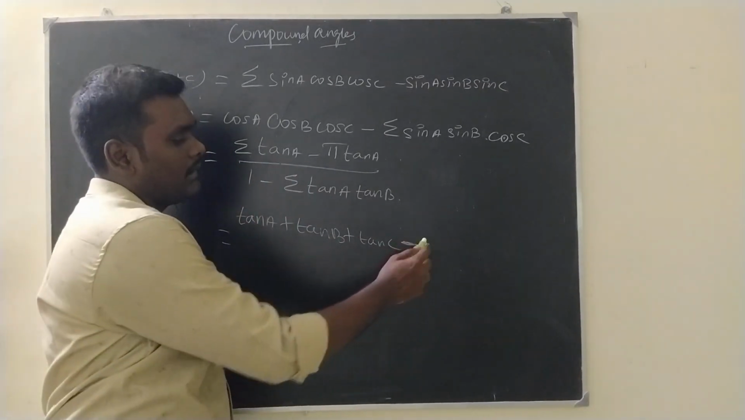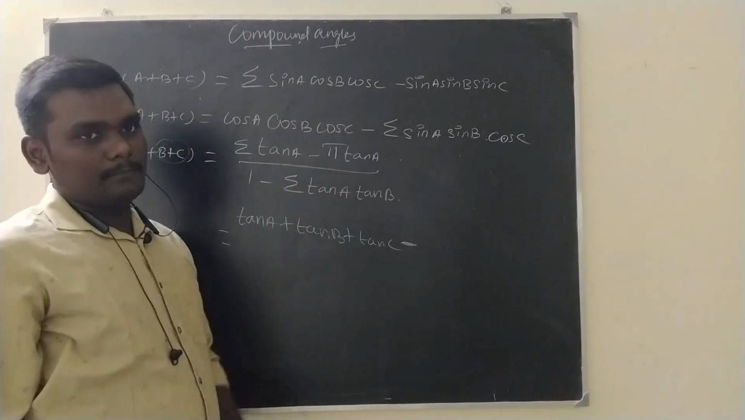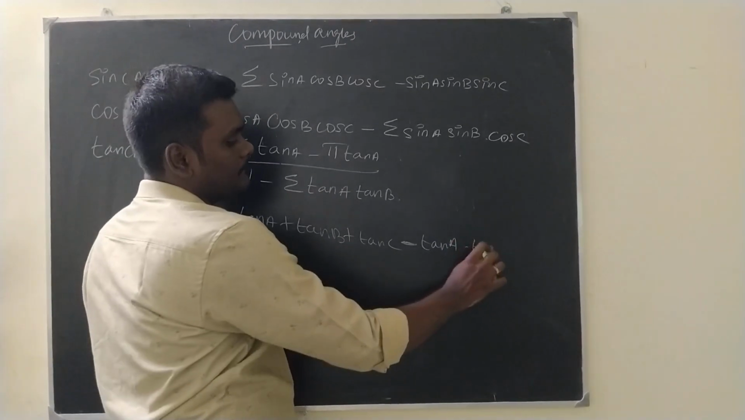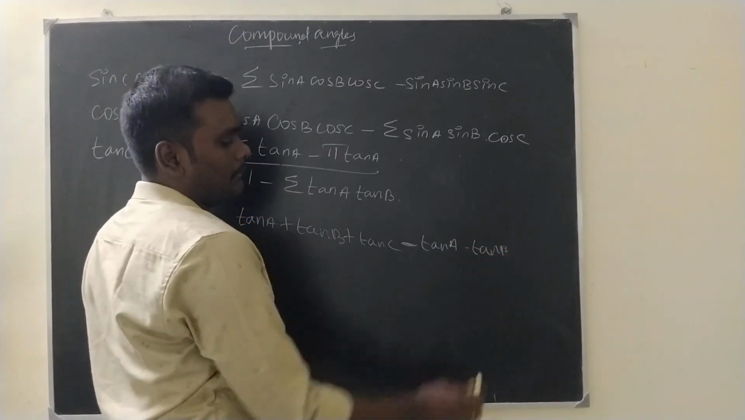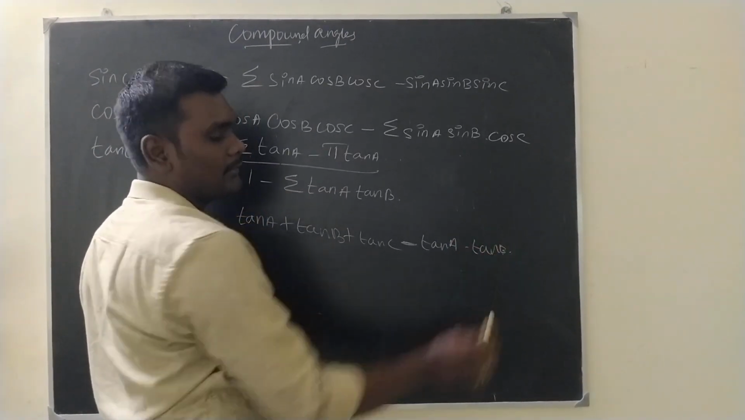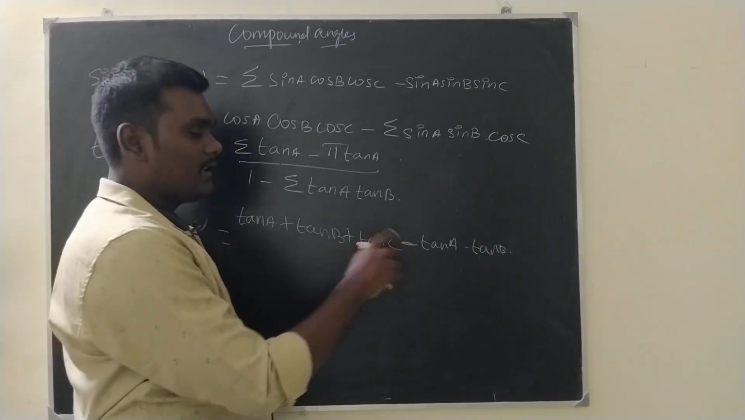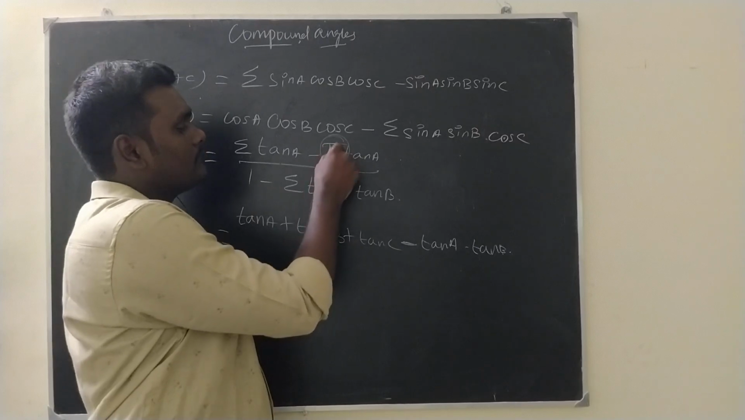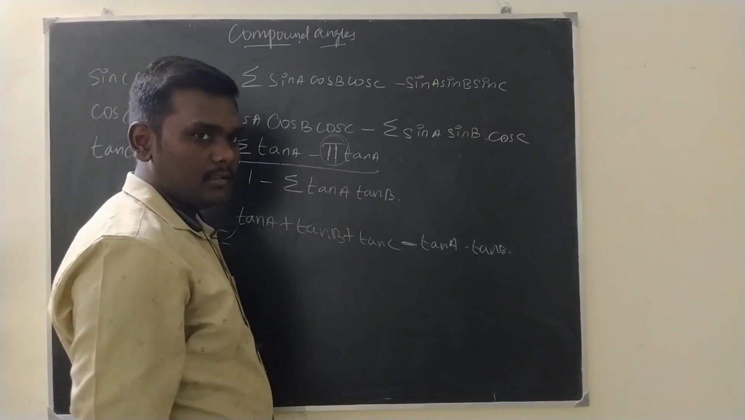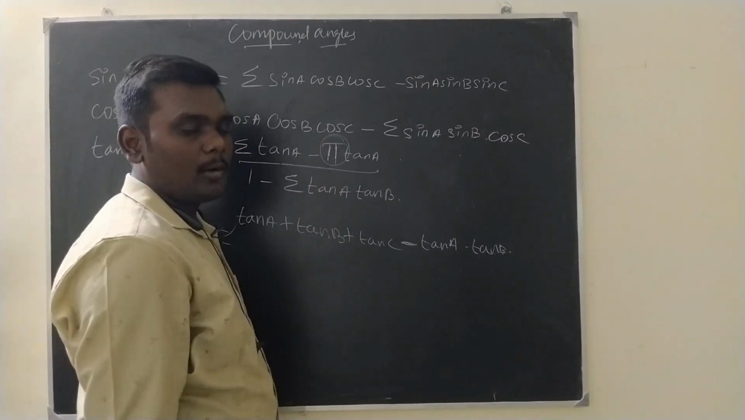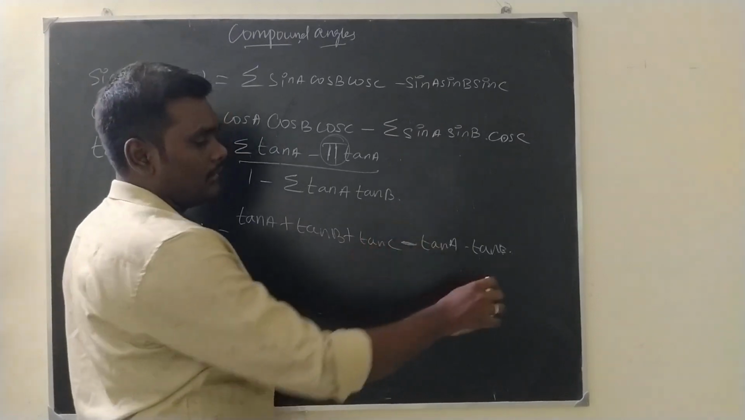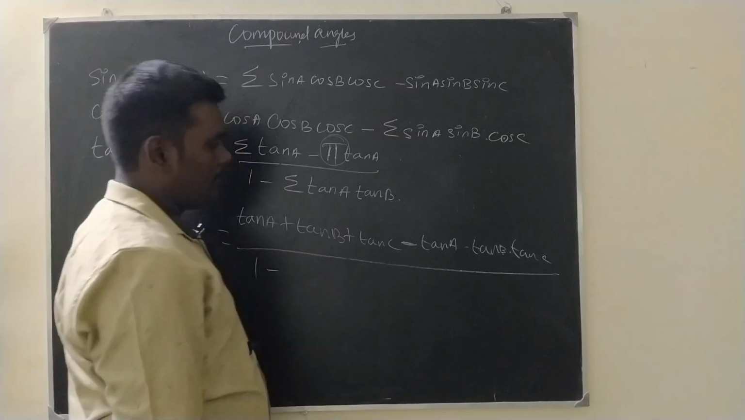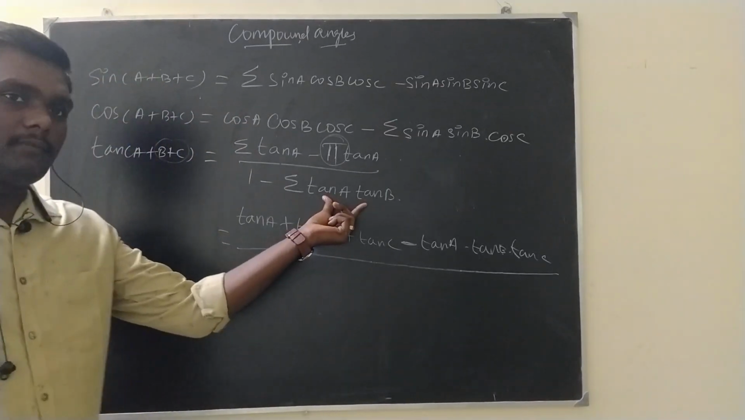And this product notation means we should multiply everything. How can we multiply? Tan A into tan B. Whatever you are writing next has to be multiplied, instead of addition. That is what is meant by this big pi. Some pi shaped symbol is there, no? That means the product symbol. So tan A tan B tan C, divided by 1 minus,